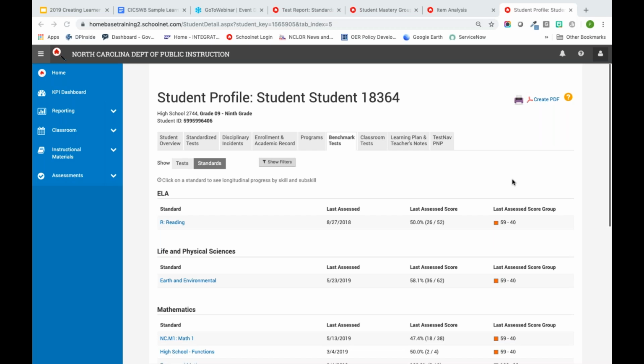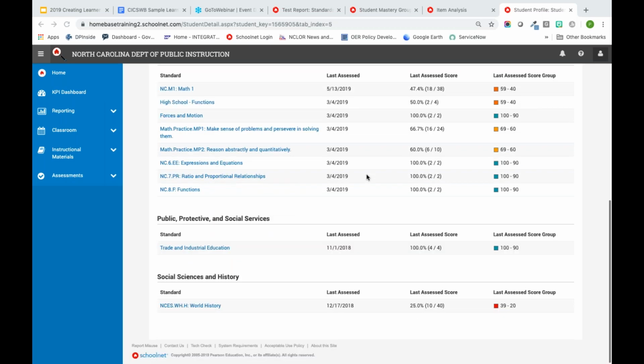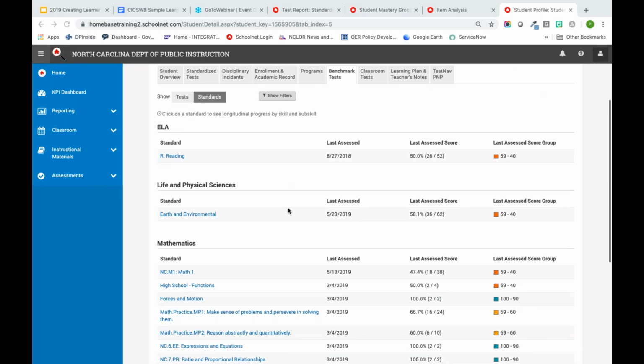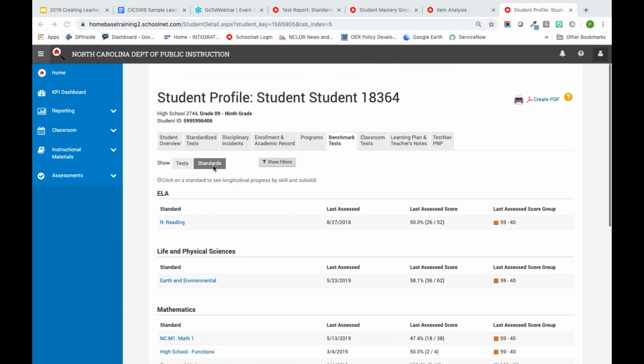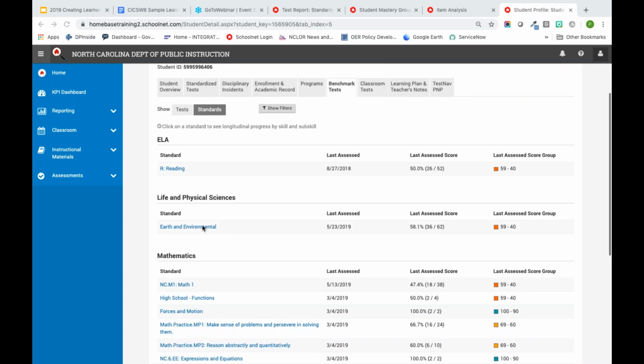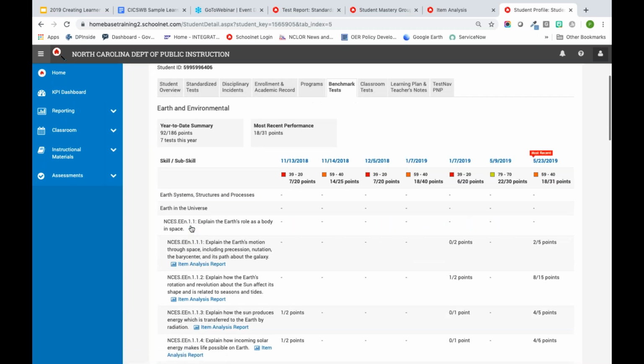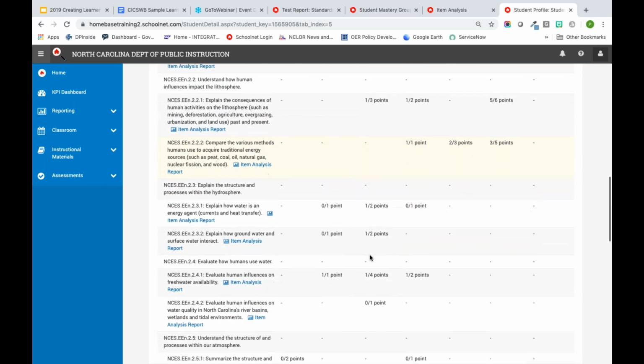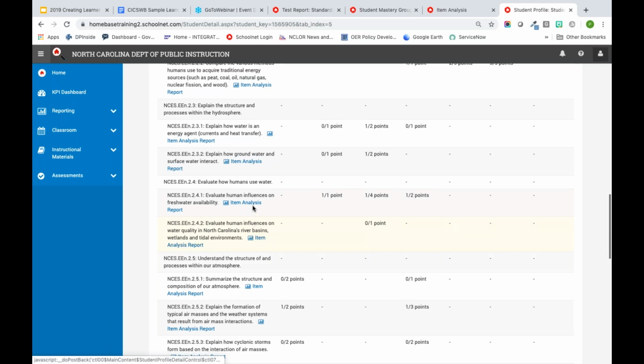And then Madeline was asking whether the item analysis would be a good resource to review for final exams. Absolutely. I think item analysis on some of the prior tests would be a great way for students to look. So, again, I've just clicked on benchmark tests and I've filtered by standards, and then I can drill down. Maybe I really want to look at this earth and environmental standard for this particular student. It gives me a summary of how many tests they've taken. So they've taken 7 tests this year in earth and environmental science, and it's giving me a breakdown on where the student is. And if I click on any one of these items, it's going to bring up the individual item analysis report